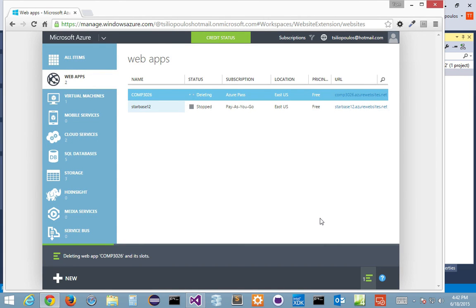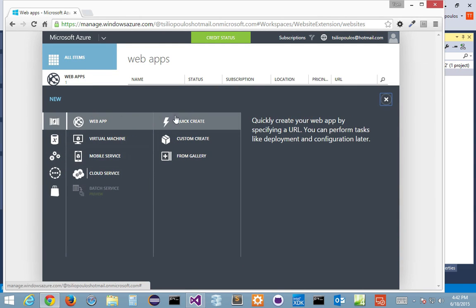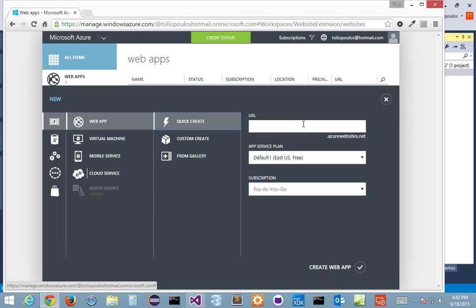You know about deleted things? If you have linked resources, there's no way to delete them after you've done it. It's bad. So let us create a new app from here now. I'll go the other way around. I'll go new. I'll do a quick create, and I'll do the same thing,